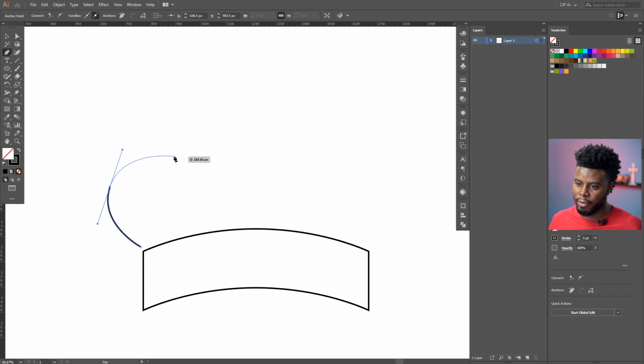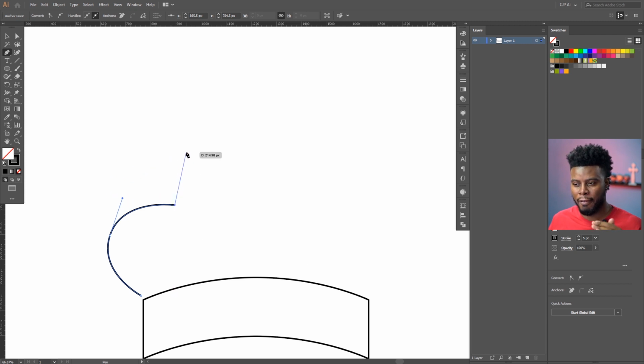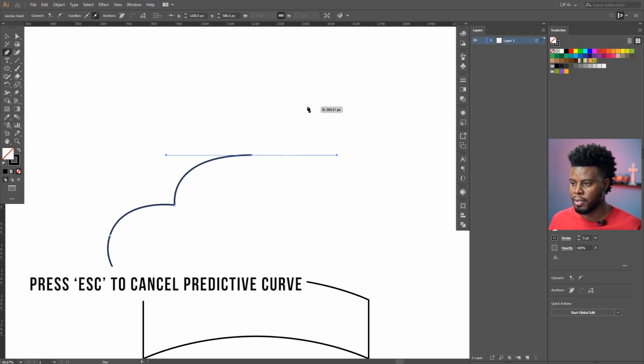So I'm just going to follow through and come about here, and then I'm just going to make the next curve, you know, half of the bigger puff that I mentioned. So that will fall about here maybe, and then I'm just going to click and hold Shift, and it will just give me my curve on one axis, right? All right, and it's giving me a next curve, but I don't want that, so I'm just going to press Escape on my keyboard. All right, what I'm going to do